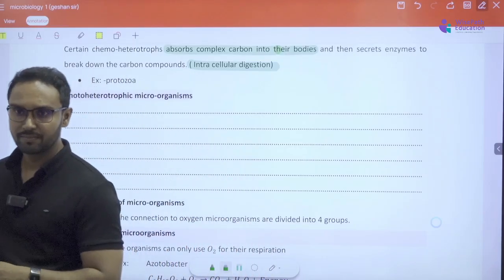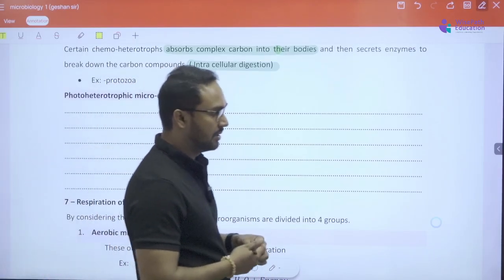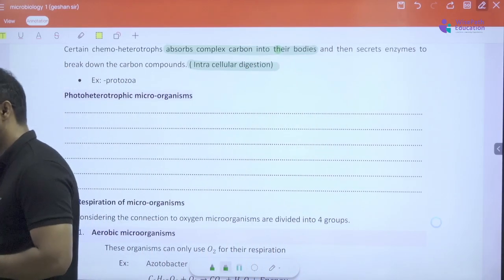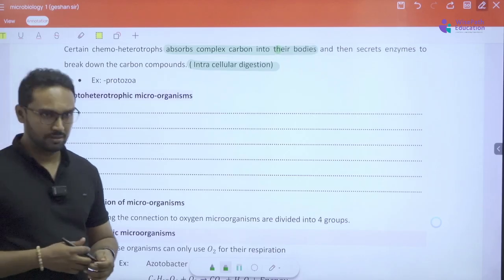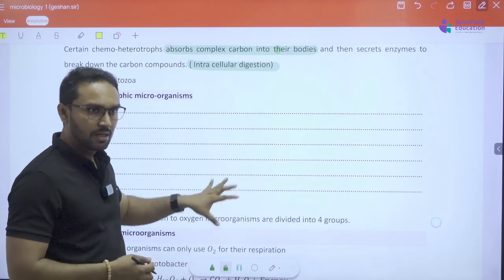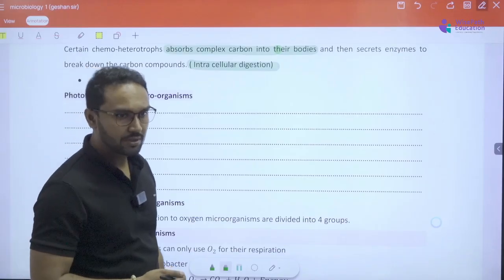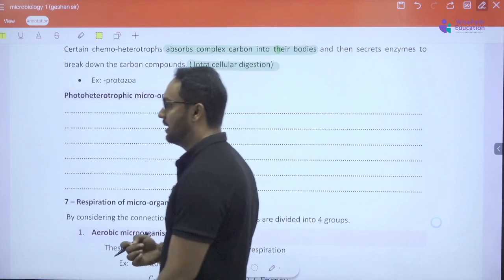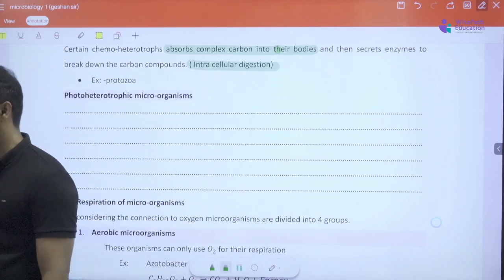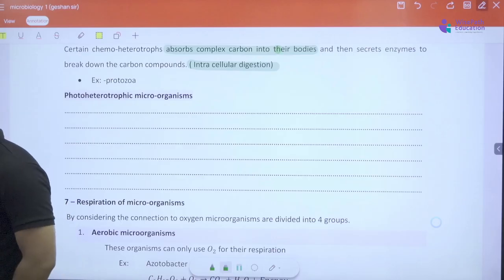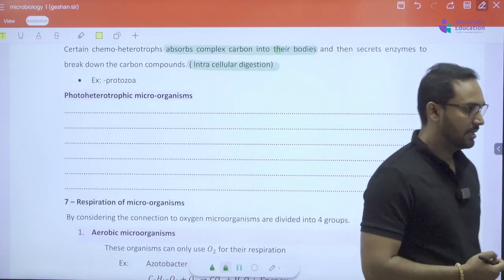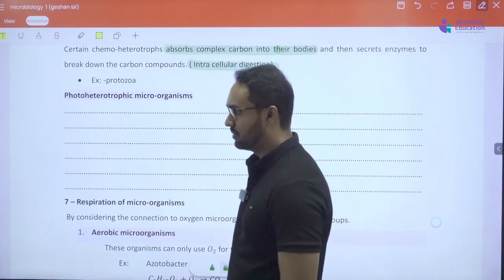Now shall we write it down? Yeah, write it down. Write down the organisms which use energy of sunlight as their energy resource,